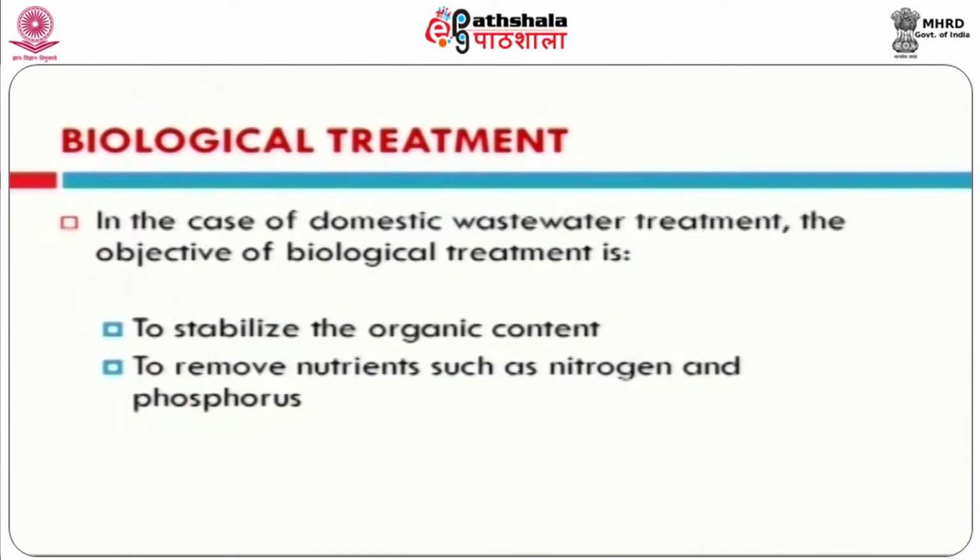So, if you consider raw water BOD is 400 milligram per liter, normally in most of the metro cities, the BOD content of domestic wastewater will be in the range of 250 to 350 milligram per liter. For our calculation purpose, if the maximum BOD is 400 milligram per liter, during primary treatment operation we can capture 30% of BOD. That 30% of BOD is eliminated during primary treatment operation.